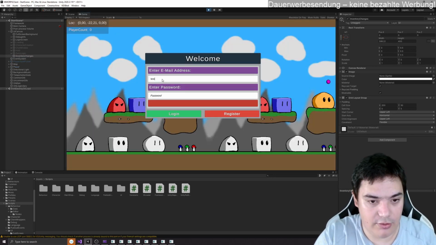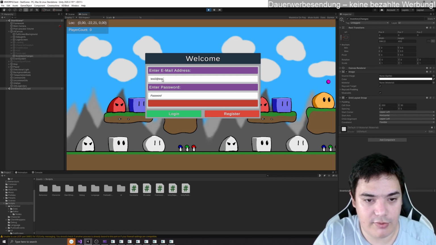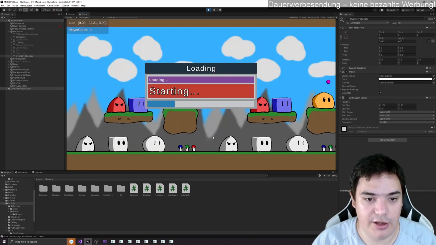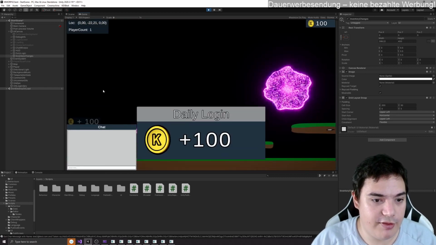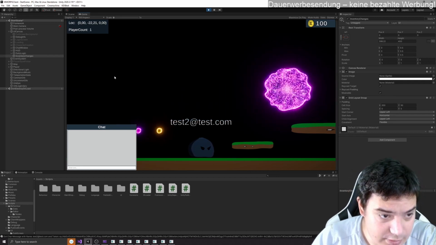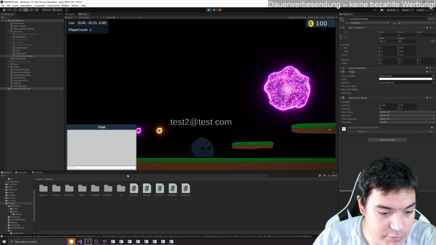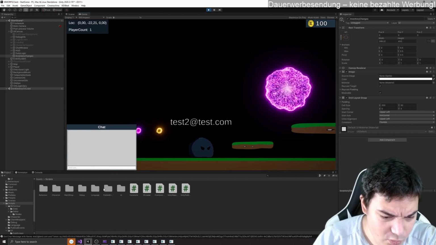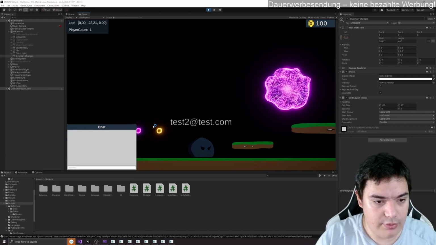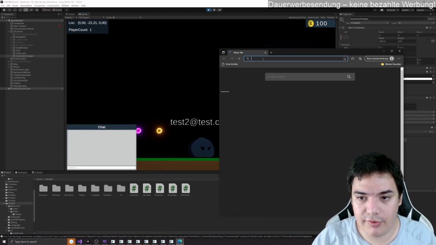I think I logged in with test 1. Let's do test 2 now. And let's change our player, why not? On the left side you see this animation. This animation works differently because when we have multiple of those, if I really fast